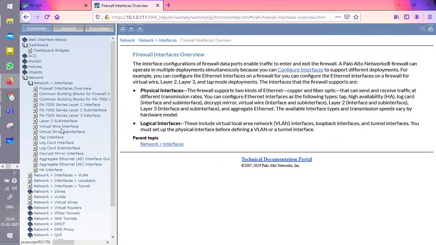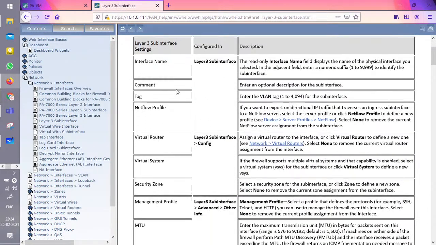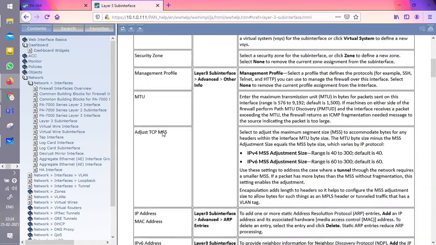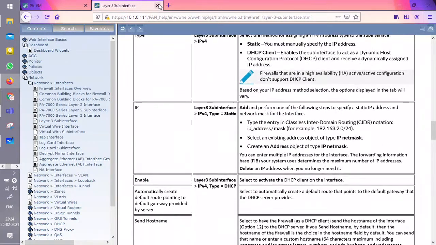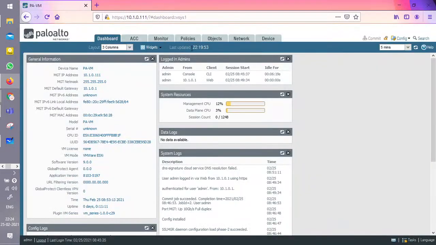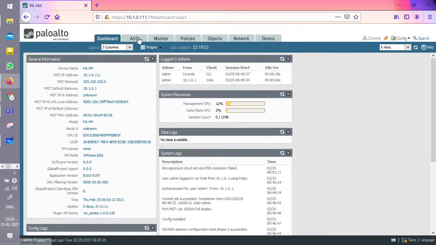So this is your layer 3 sub interface. It will let you know how to configure it, what is a layer 3 interface, what is a tag, what is a NetFlow profile, what is a virtual router. So this would be another very helpful book for your PAN-OS. Clear? Now, okay, so